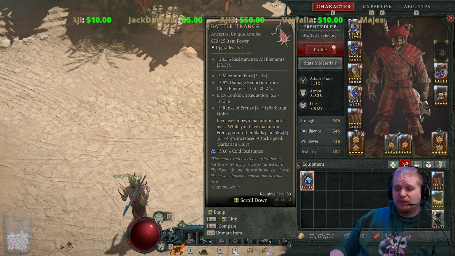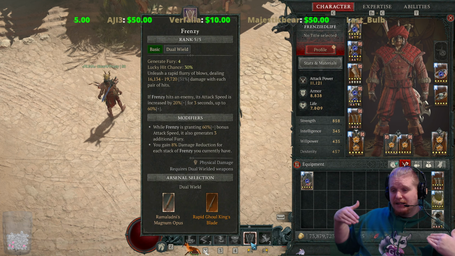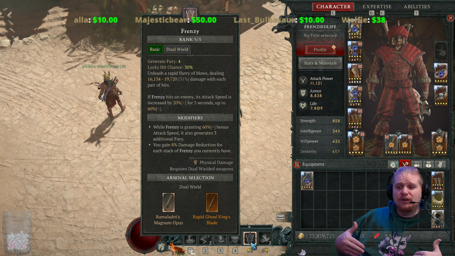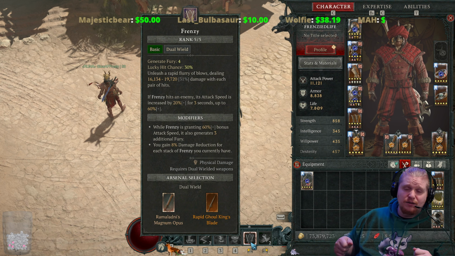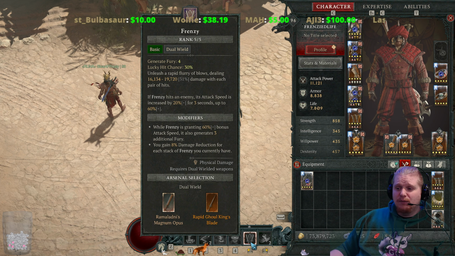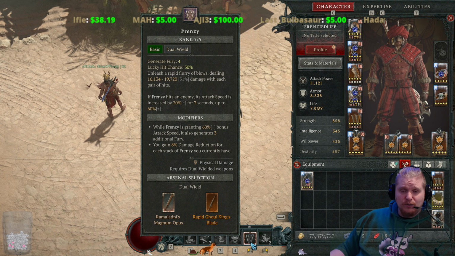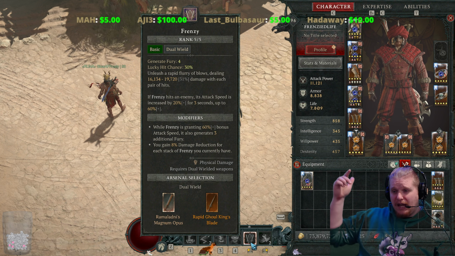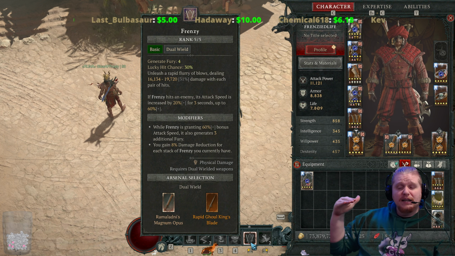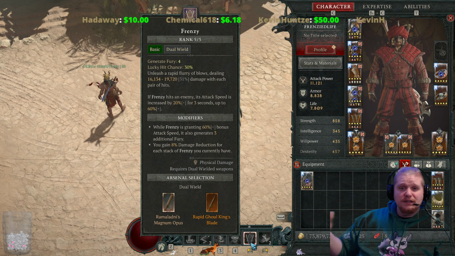There's another issue with Frenzy: one of the biggest problems is that the Frenzy stacks all deplete at the same time. So whenever you stop attacking for whatever reason and the 3 seconds ends, all your Frenzy stacks are gone. I think it would be a lot better if they made the Frenzy stacks degenerate slowly. So for instance, if after 3 seconds you weren't attacking, it would go down to 4. And then if after 3 seconds you didn't attack, it would go down to 3. And then after 3 seconds, it would go down to...